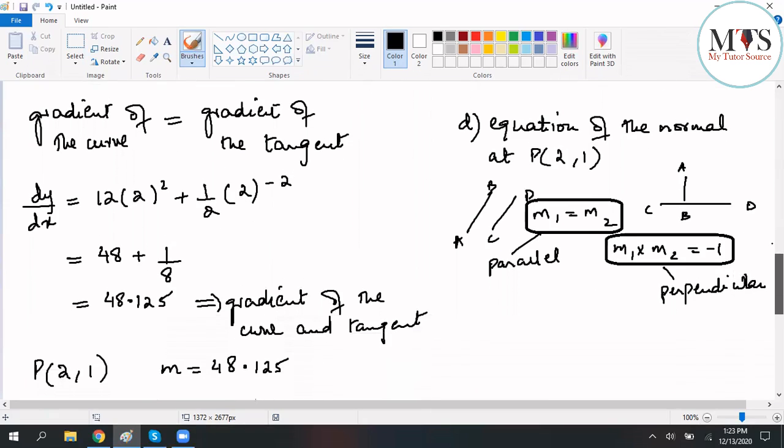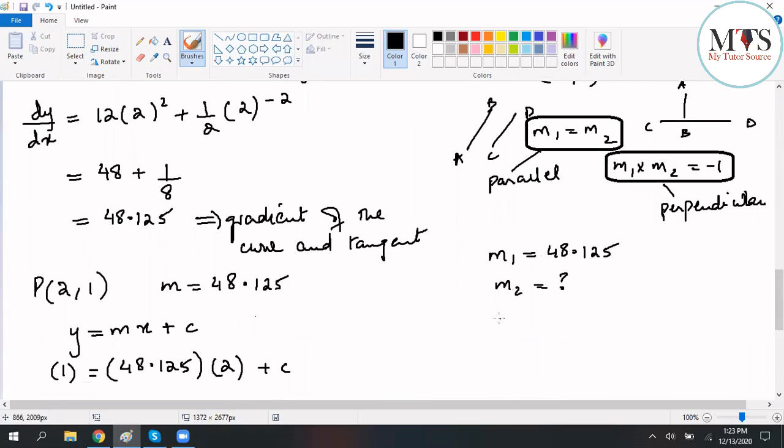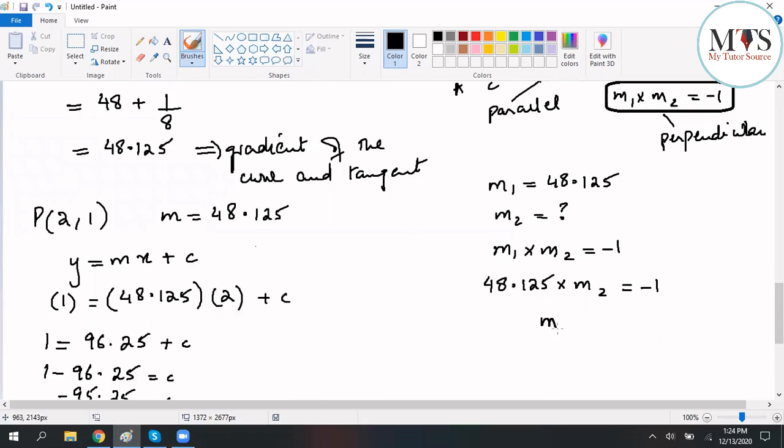So what we'll do is, since we have the gradient of the tangent, which is M1 is 48.125. M2 is the gradient of the normal that we need to find. So you will use this formula, M1 times M2 equals -1. 48.125 times M2 equals -1. M2 equals -1 over 48.125, which will equal to